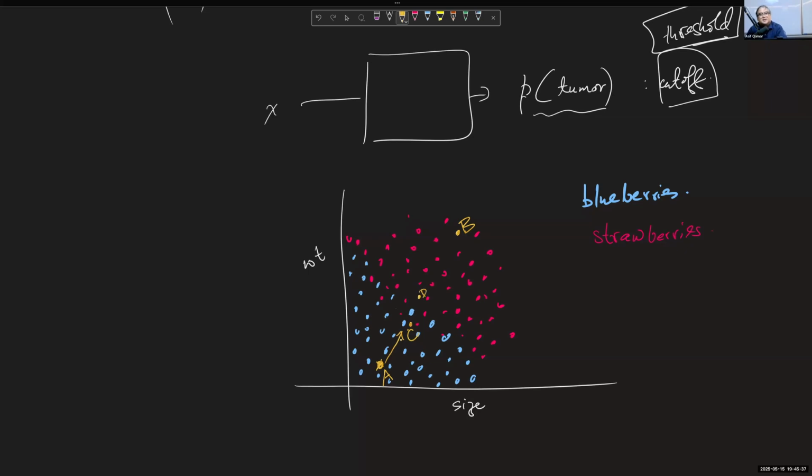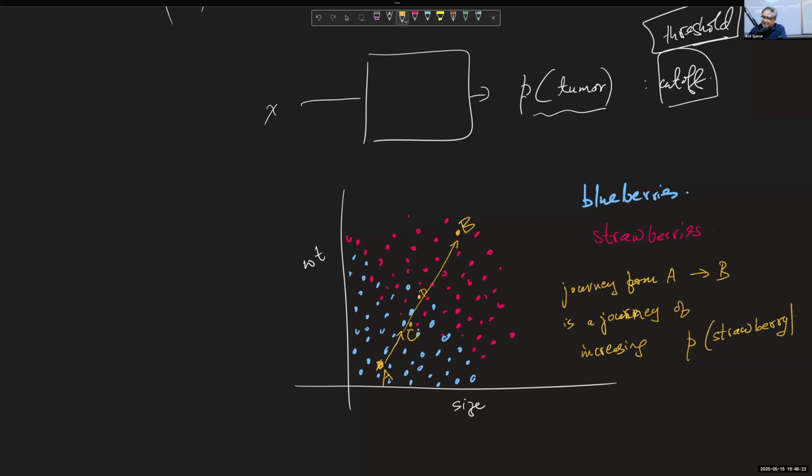Once again, it is in the twilight zone between blueberries and strawberries. Who knows, right? Let me, for illustration, sneak in a blueberry here. It could be a blueberry or a strawberry. But by the time you reach B, you realize that the journey from A to B is a journey of increasing probability of a strawberry,